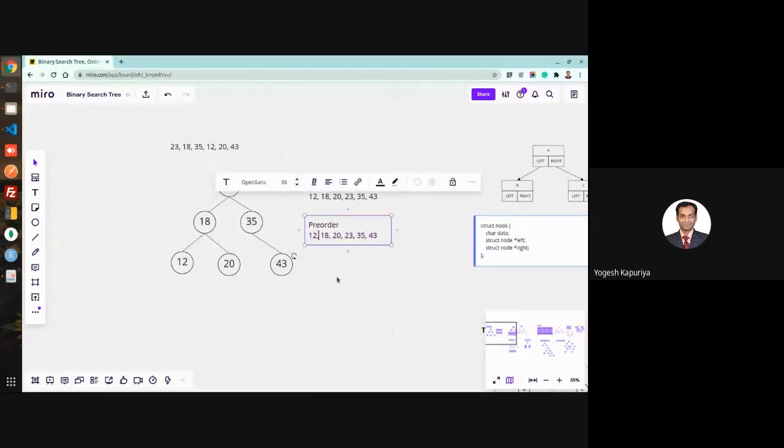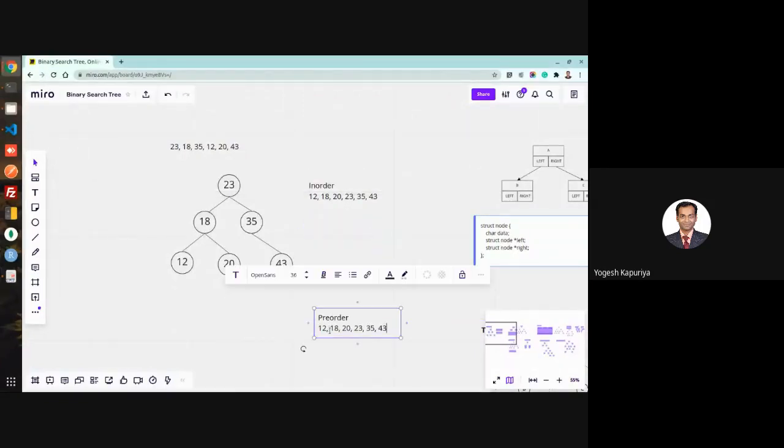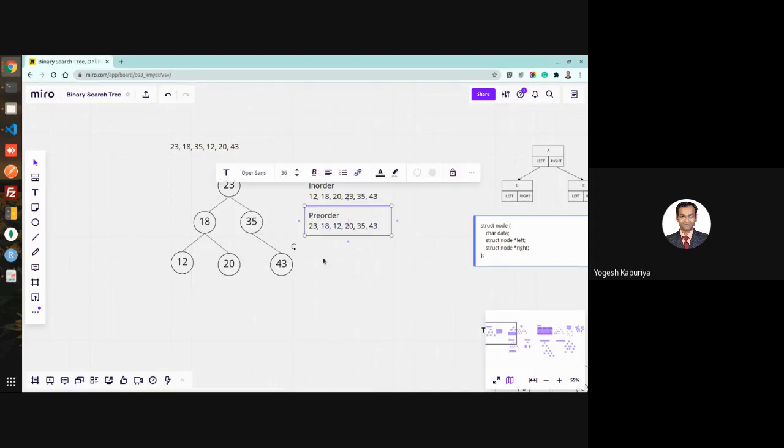So node means it will start with 23, then left, that means 18, then left, 12, then right 20. Then back at 23, the right side: node 35, and then right, so 43. This is pre-order traversal.